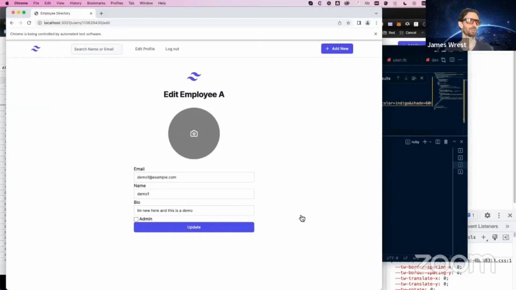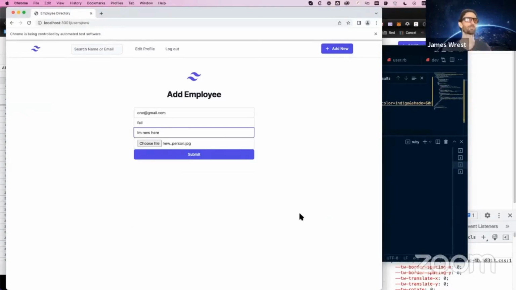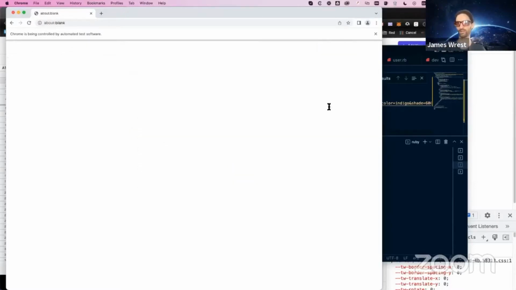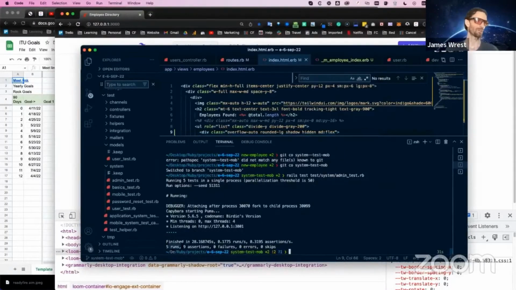And so the idea is with these tests, if you change something, say I remove this button, you would know that it's missing before you push it to live mode. So then a user wouldn't tell you, basically. 5 tests, 9 assertions, and everything passed. So that's what I've been working on.